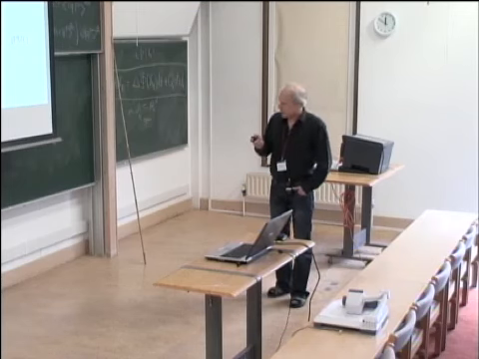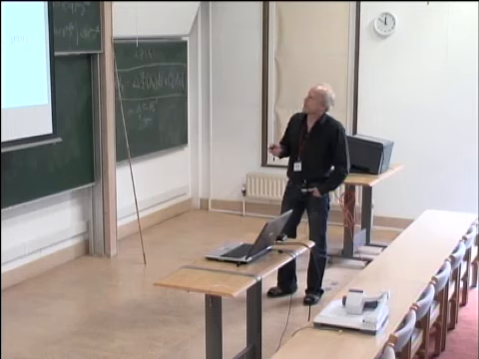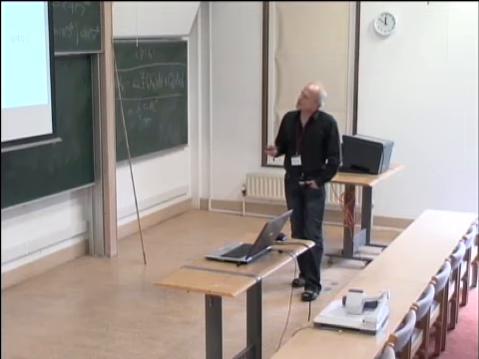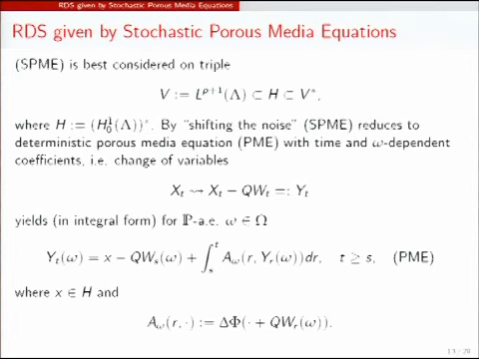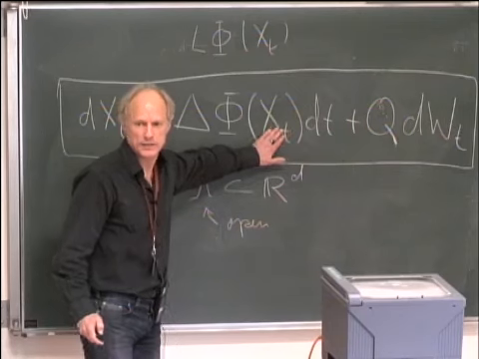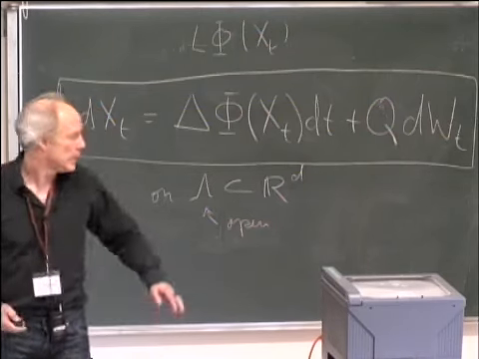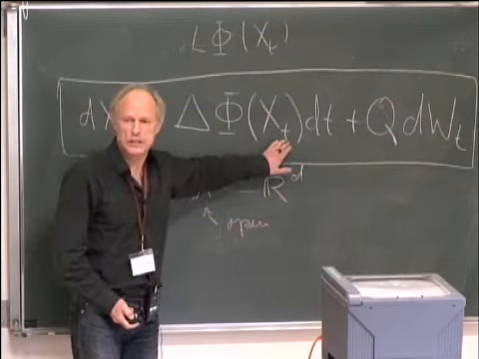Anyway, so now we have this stochastic porous media equation. And as you know, the stochastic porous media equation is solved on the Gelfand triple, where this H, which is the state space of the solution, is the dual of the Sobolev space of order 1. Let's call this H^{-1}, as it usually is called. In H^{-1}, we have continuity in t of the solution.